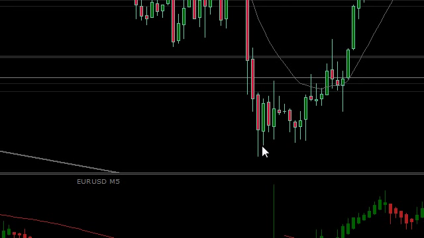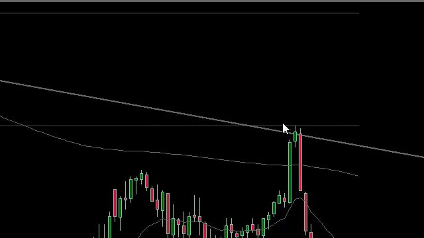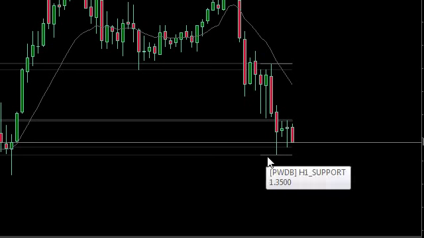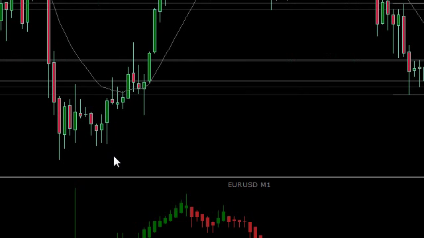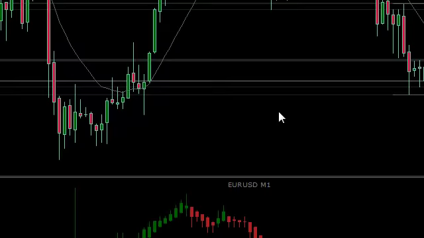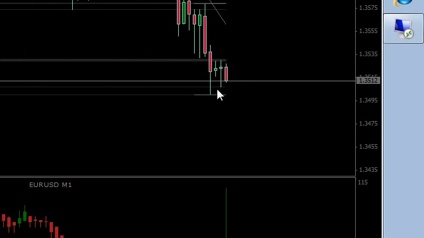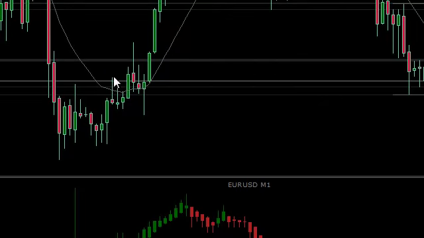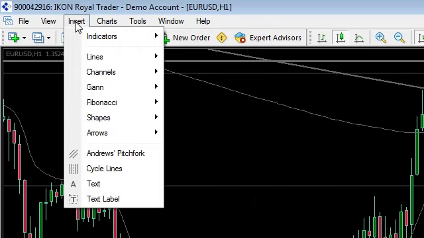So at the moment we've got our low here, and we've got a high here, and this is possibly going to be forming a higher low. So my tack is to draw a channel now based on the lows here to see whether we can see a turn at this point and then continue on trading off the bottom of this channel. So let's do that. What I'll do is I'll grab the Andrew's pitchfork